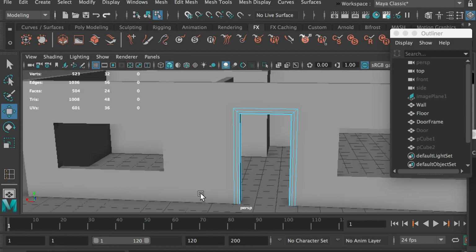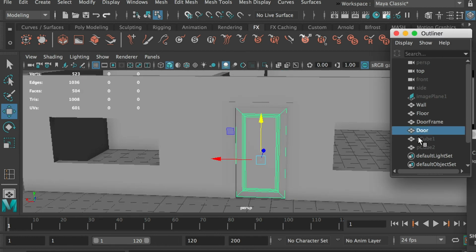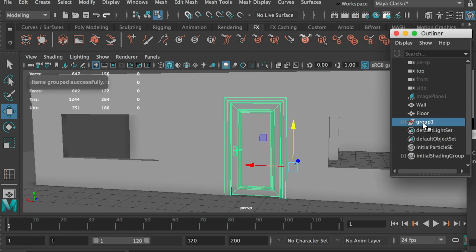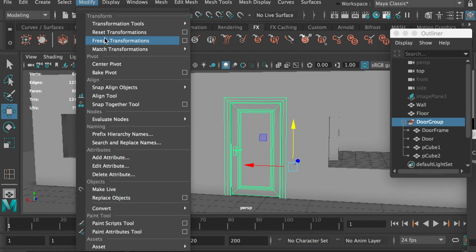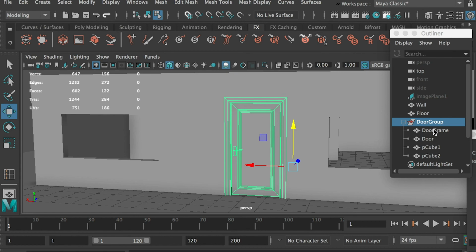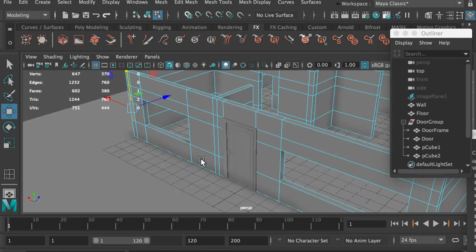There we go. Alright, so now we're done with the door frame and the door handles, and I can put these into one folder to keep my file organized. Right, maybe all of these into one folder, and here I'll call it door group. And also it is a good habit that you keep deleting the history of your model. See, since I already grouped them, I can just select this whole group and go to top menu, Modify and Freeze Transformation. Go to Edit and Delete History. So it'll delete all of the model's history. Alright, so we get one door,